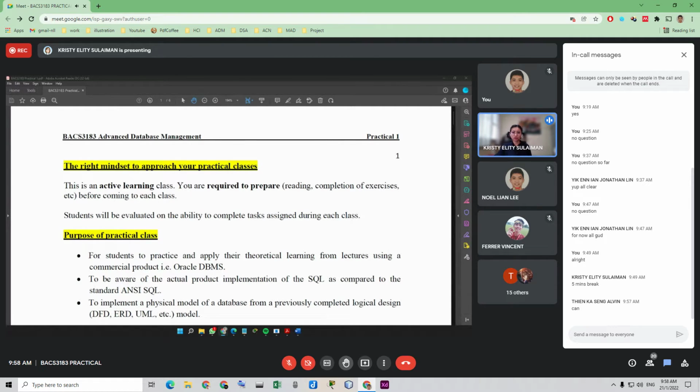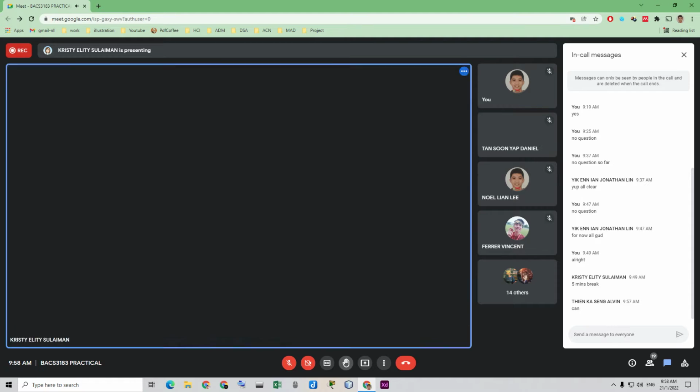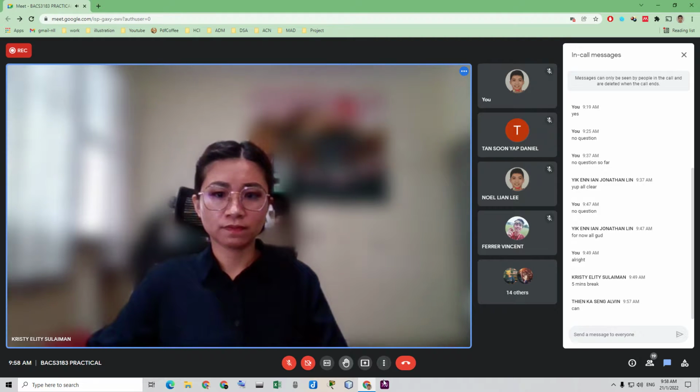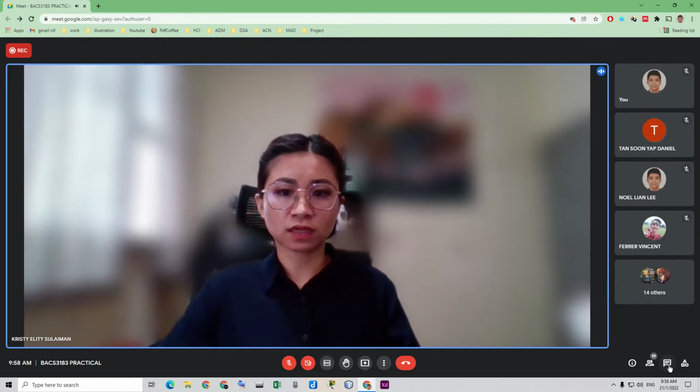So this practical you can access through your Google Drive, and Google Classroom also has it. Let me just show you. I have updated the Google Drive under practical, because there's something new inside there.